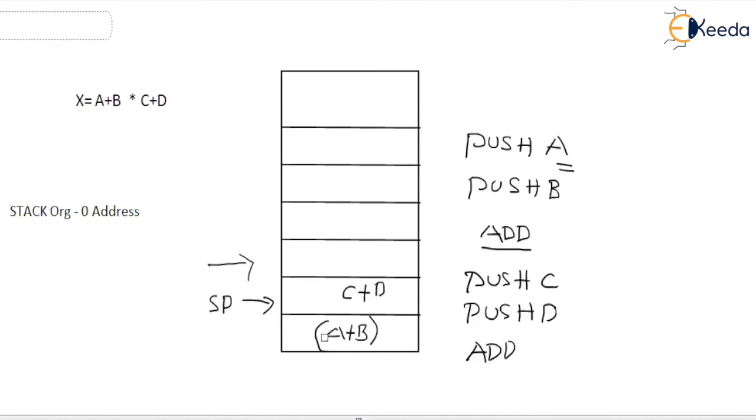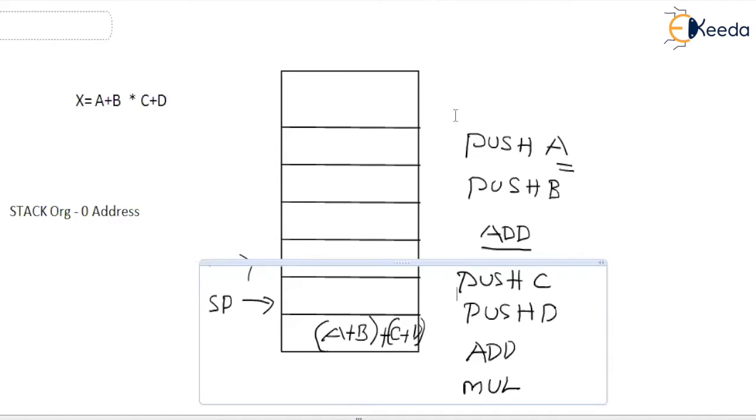Now the stack contains A plus B and C plus D. So finally, we need to perform the operation MUL. When I say MUL, the top two elements of the stack will get multiplied and stored one location less than the topmost element. Now the top of the stack is here. When I say MUL, the topmost two elements will be operated on and placed in the location beneath the topmost location. A plus B into C plus D will be stored here, and this C plus D will get erased.